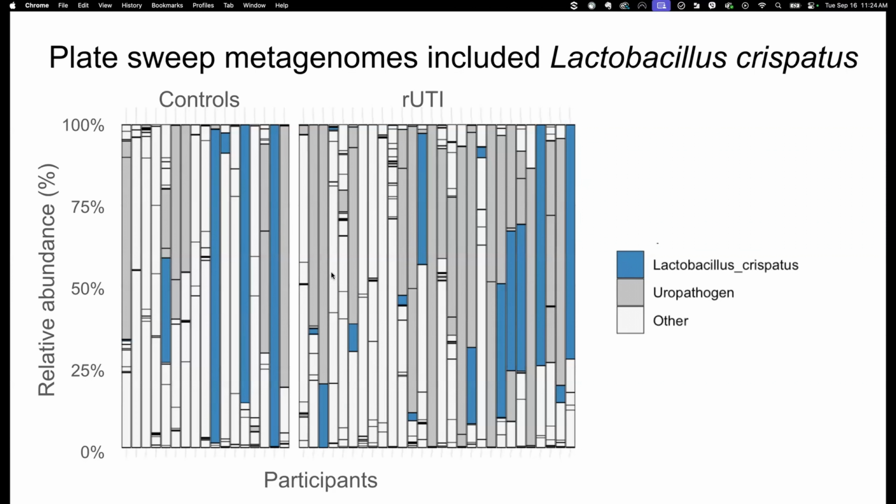And what we find is that, in fact, we see there are uropathogens. These are the darker gray species shown here. But we also see Lactobacillus crispatus. It turns out Lactobacillus crispatus is a facultative anaerobe, meaning that it can grow in the presence of oxygen, and did so on these plates. And what was cool about that is it gave us an opportunity to dive a bit deeper.